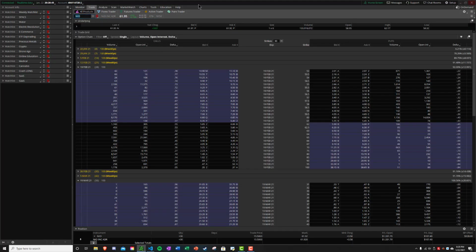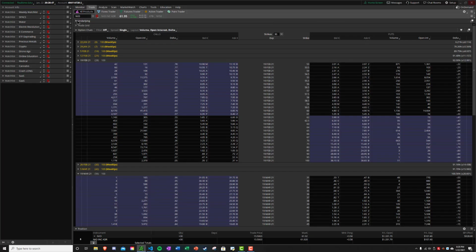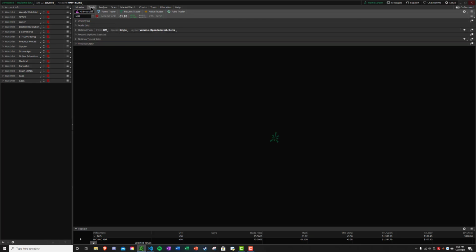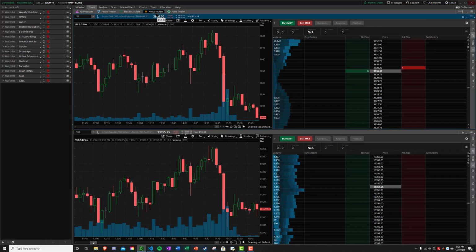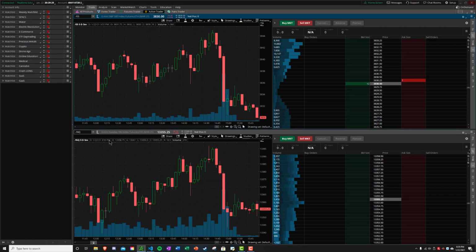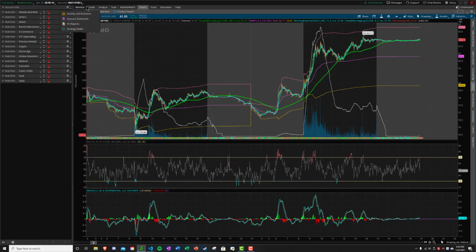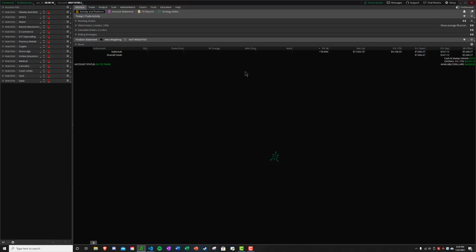So this is where you would do your options trading. That's right here under trade, and then you go to all products, and this is your options chain. Here's your active trader tab, so you can manage multiple equities at once and see their volume versus share price changing. And then there's monitor,